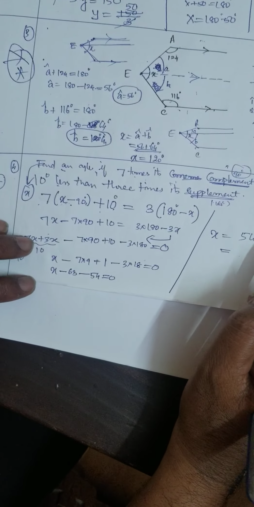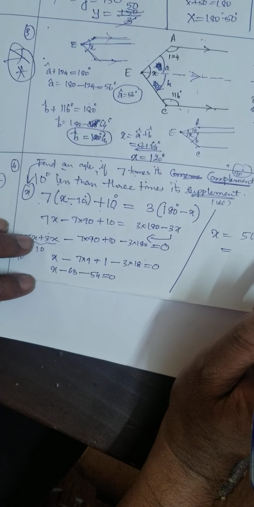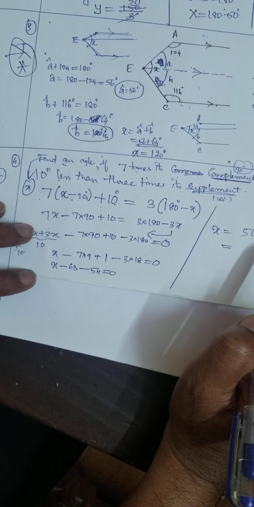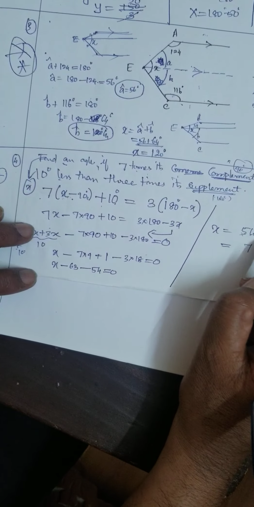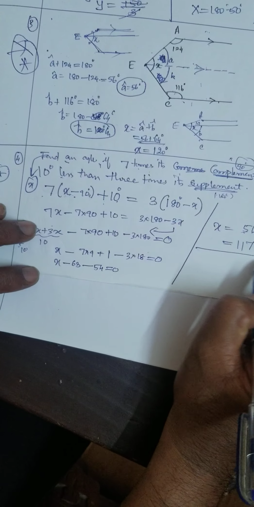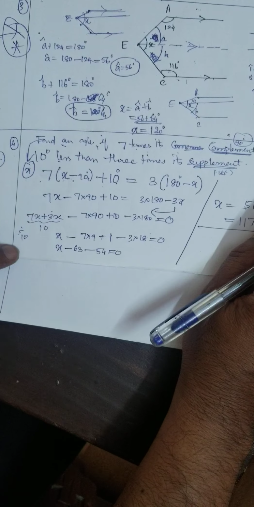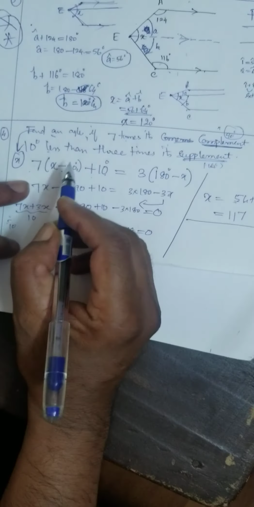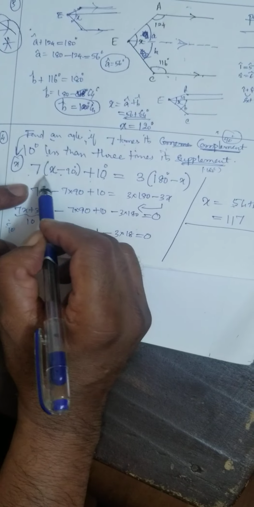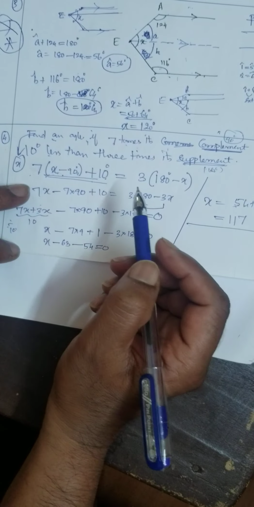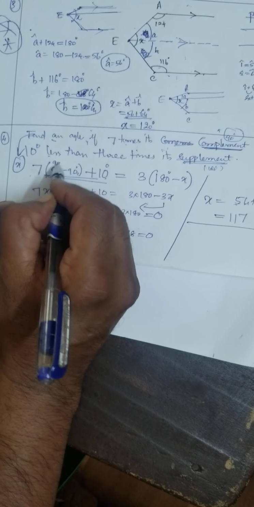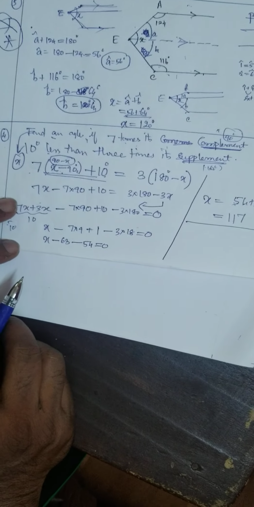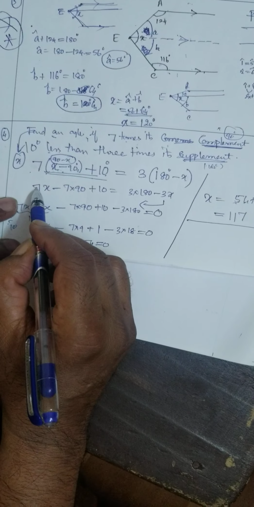Somewhere I did some mistake. Somewhere we have found out somewhere. Some sign would have cancelled. But we are getting a different answer. Here, what is the biggest mistake I have done? The mistake is this. We have to write 90 minus x, not x minus 90. If x minus 90, you get a different answer.